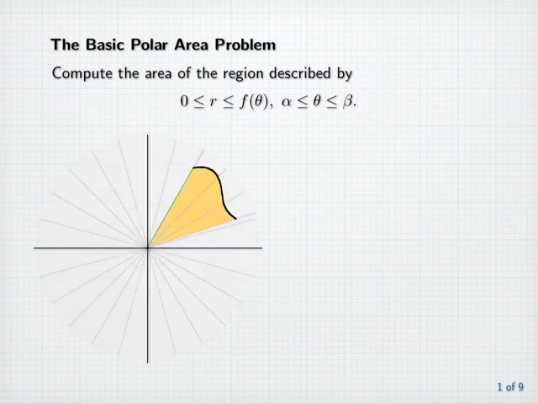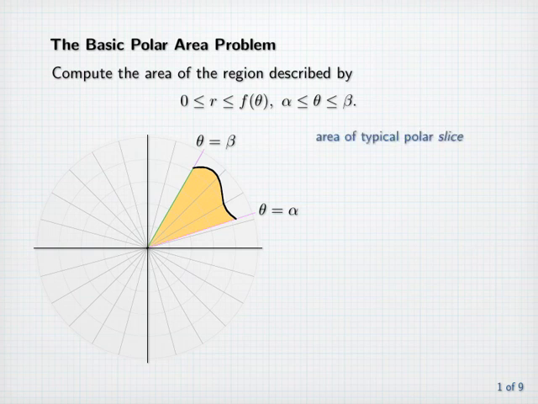Notice that it's bounded by the graph of r equals f of theta, and rays theta equals alpha and theta equals beta. To find its area, we need to know how to express the area of a typical polar slice, which has the shape of a wedge that's approximately a small circular sector. Suppose it's located at some theta between alpha and beta, and that it corresponds to a small change delta theta